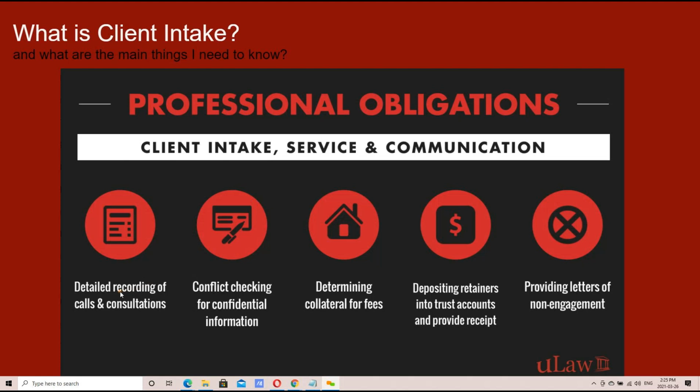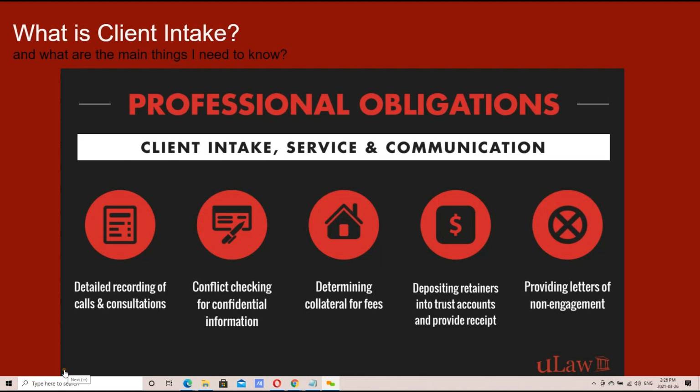And last but not the least, providing receipts for any payment that you receive, whether it's a retainer receipt or a payment receipt that's going into your general account, is a very important obligation as part of that client management process. Okay, so quick snapshot: find newer, faster, better ways to take information into your system,